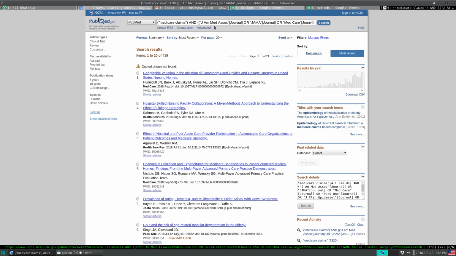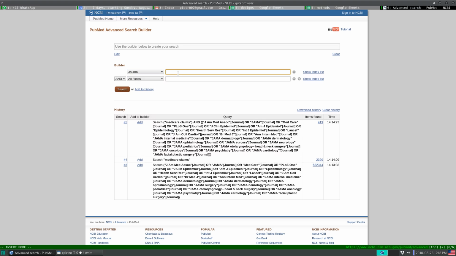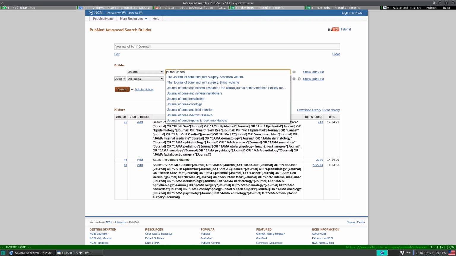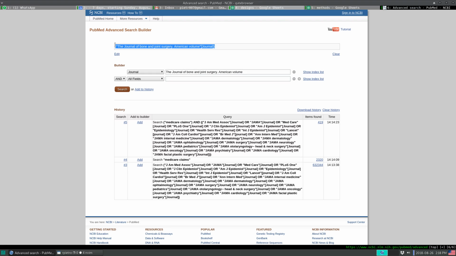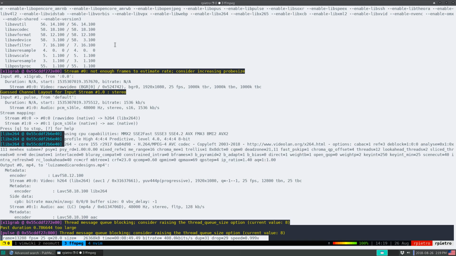Once you find what that journal is, the best way to fix the wrong name of the journal is to go to advanced, switch this to journal, and then try to find it here. For example, if I want to find the Journal of Bone and Joint, American volume, whenever I find it, it's going to give me here the exact name that I have to have in my search. Now I'm not saying use Journal of Bone and Joint Surgery, I just give it as an example. Okay? So let me know how this goes. And once you have it, please